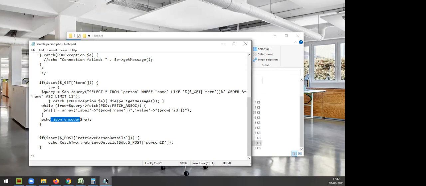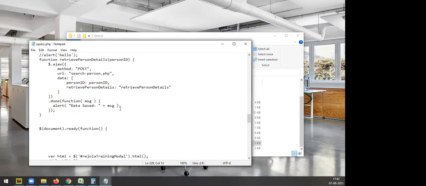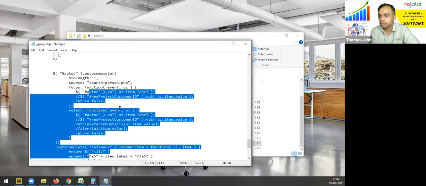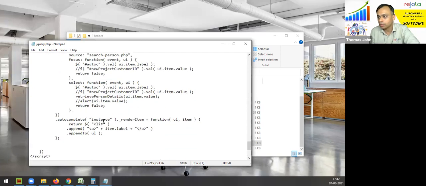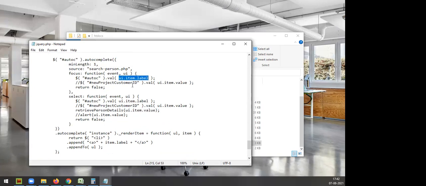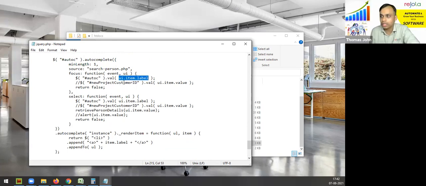And that is what we are using here. If you see here, the values are coming like this: item dot value and item dot label. So this is how the values are coming from the backend.